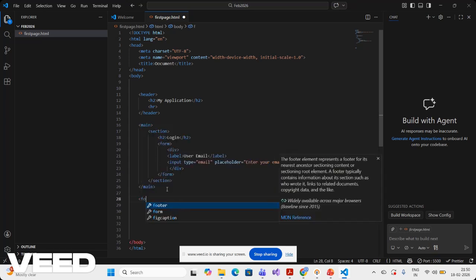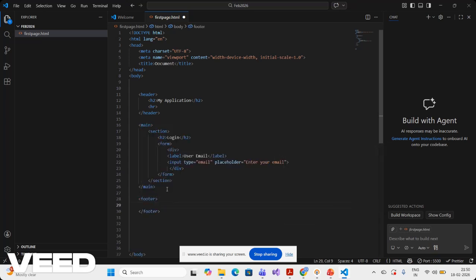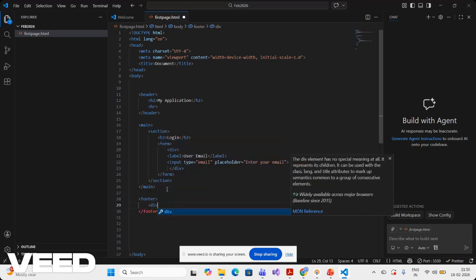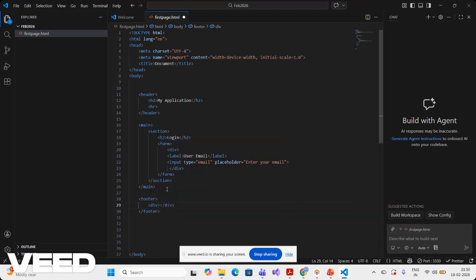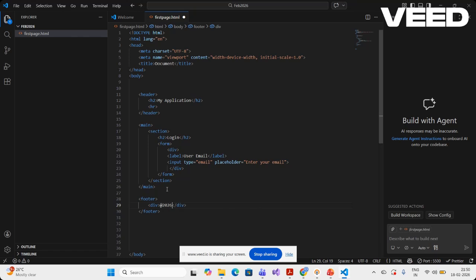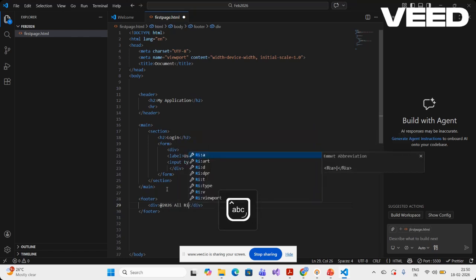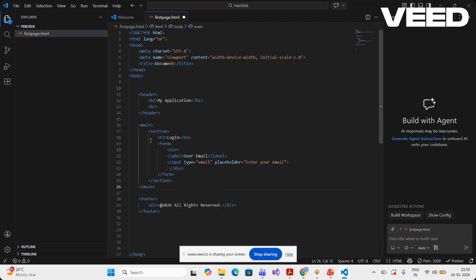So here it will have the footer. In the footer, I can have a div to show all rights, like copyright 2026, all rights reserved. Okay, this is the footer. In the main section, in the form, we will have two elements, user email